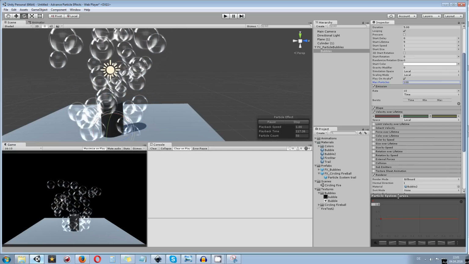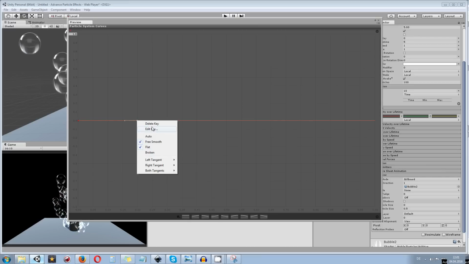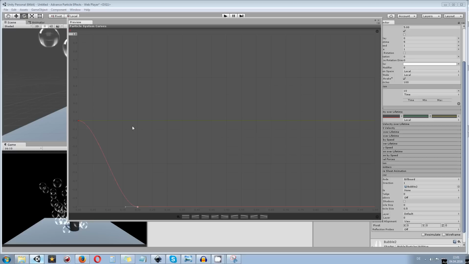You can also go and with right clicking you have the possibility to make a big view of this one. What I want to make sure is that at any prominent point, in my case, I want to create some keys. So right click and say add key. This is going to have the value, or should have the value around 0.2 from the time, 0.2. So you can go and edit everything with right click, and a value of -1. So as you can see, you can create curves by just editing the complete curve in here.